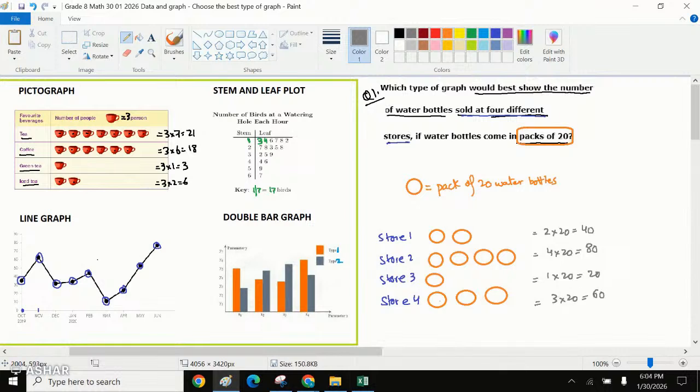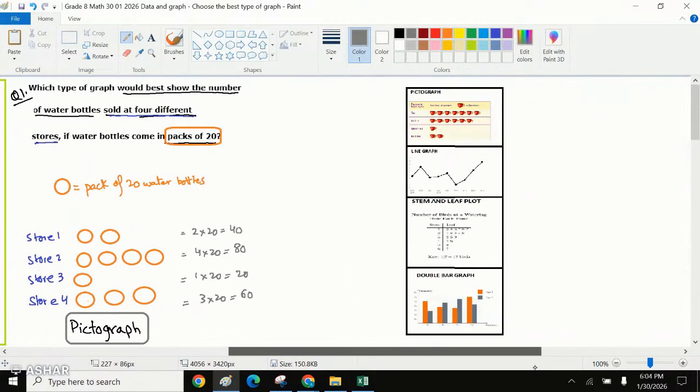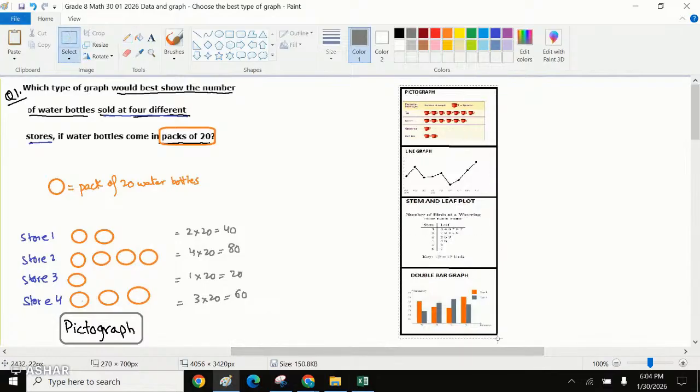So this information, this is the number of circles I've just assumed over here. But can we represent this question through this diagram, right? So we can say that a pictograph is the best representation of this information, right? Because we have water bottles in packs of 20s, right? Which type of graph? We would say a pictograph is the best representation of this information. Agreed? Moving ahead, I'll just keep these together so that we can always refer